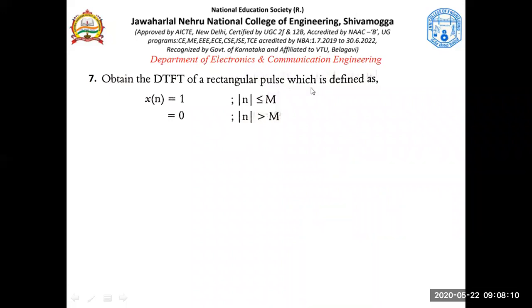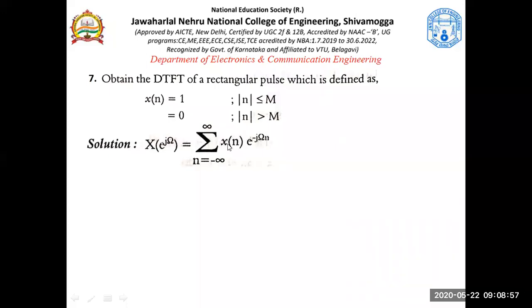Okay. Now, yeah. Let's see how to do this. So we understand this is the equation we have to use to find the DTFT, which is very similar to the equation we had to find the Z transform of a discrete time signal. Okay, so what is Z here? Z is e power j omega. Understand that? Z is e power j omega here. Fine. So X of Z we used to write with Z to the power minus n. So in place of Z, if you put e power j omega, it becomes the equation for DTFT.